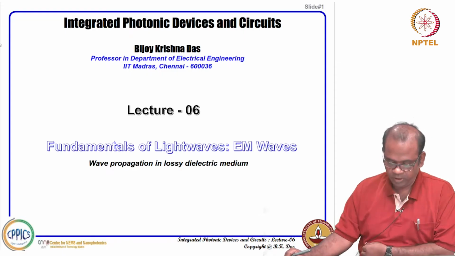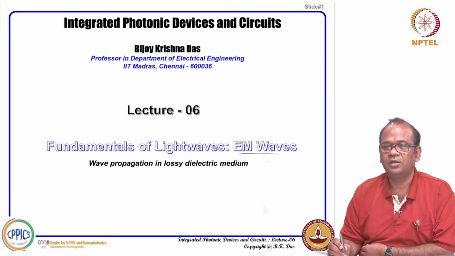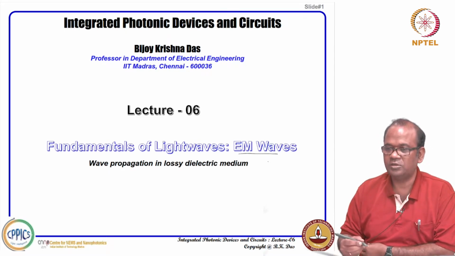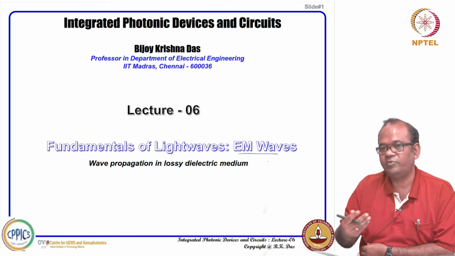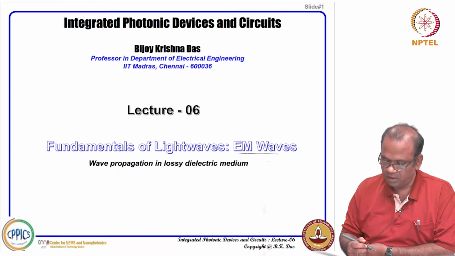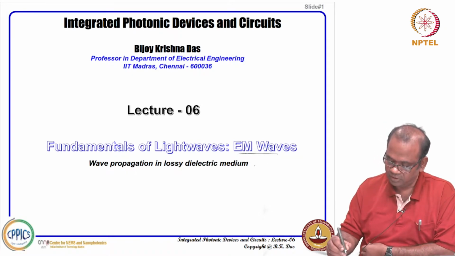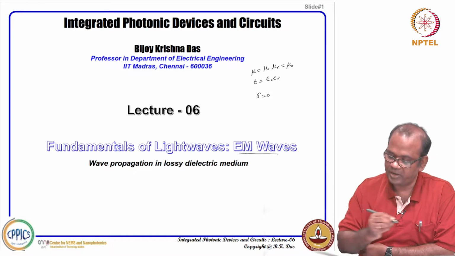Hello everyone. We have already learned how electromagnetic waves behave in free space. Behave means, using Maxwell's equations, we have seen how one can derive a plane wave solution which can propagate freely in free space and in a homogeneous dielectric medium, where sigma we consider 0, epsilon we consider epsilon 0 epsilon r, and mu we consider mu 0 mu r equal to mu 0,